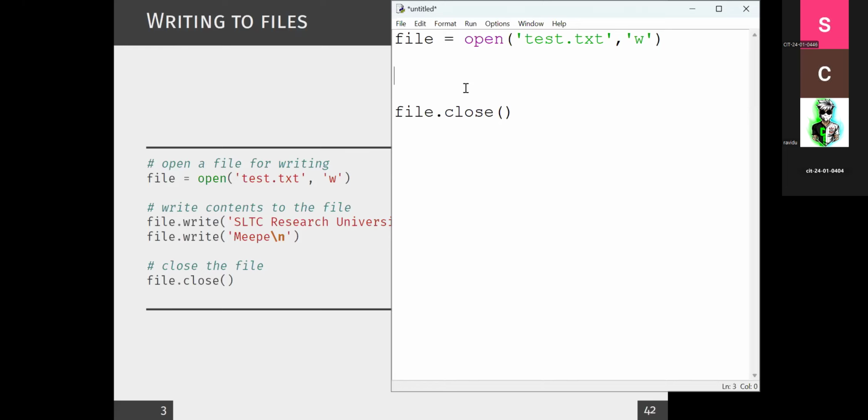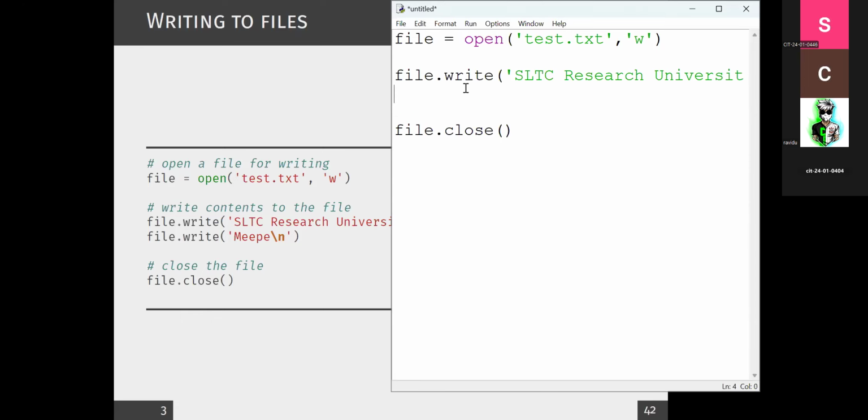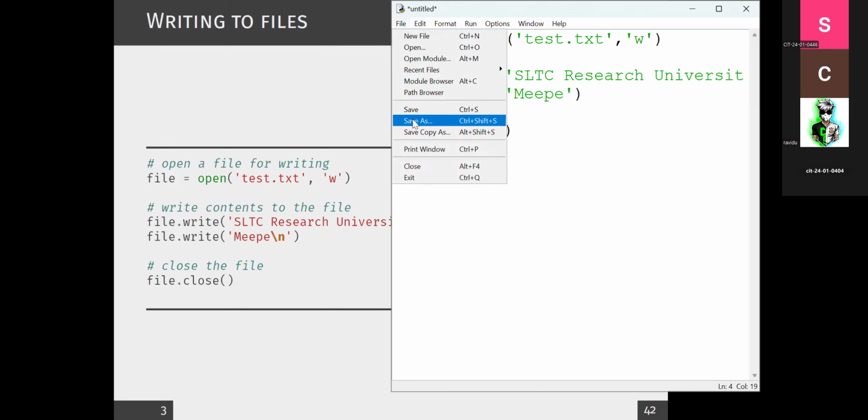Next, I will write something inside the file. So I will first write file.write, and you can write it as a string value. So I will say SLTC research. This is not the correct one, but I will just use it to understand how it works. I'll type like this. Now let me save this file